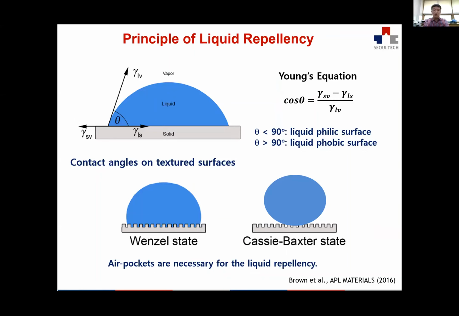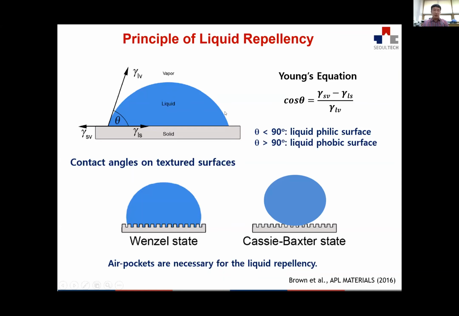When we study liquid wetting, many researchers use the static model of Young's equation like this. As you can see, we place a liquid droplet on a surface and measure the contact angle. When the contact angle of the liquid is lower than 90 degrees, we can think that the solid surface likes the liquid. When the contact angle is higher than 90 degrees, we can think that the solid dislikes the liquid. Therefore,